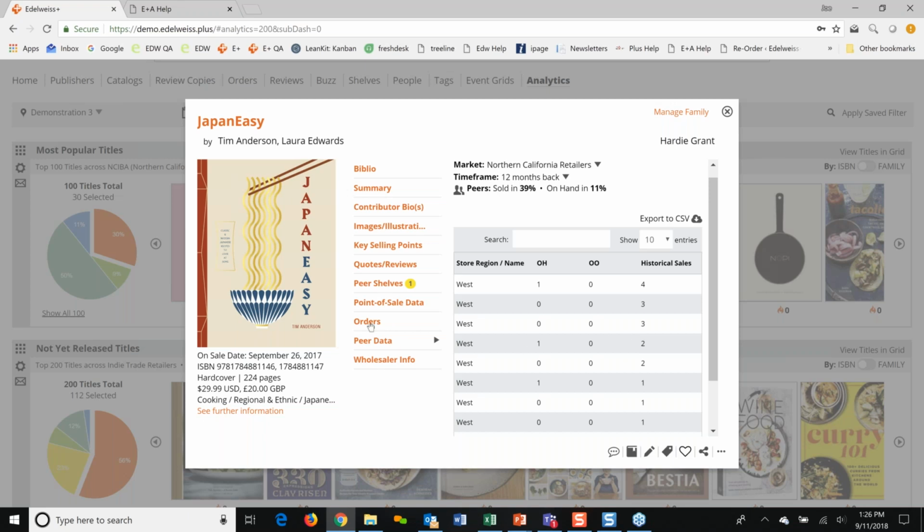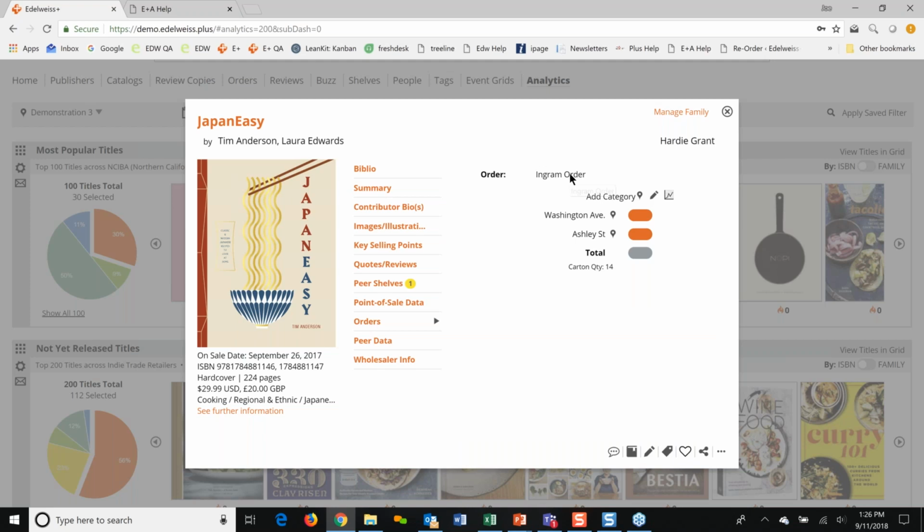If you want to place this on an order, just click in orders and you can select an order here that you want to add it to, and then you just, just like you're used to. Probably don't want that many, but and then you can add a category here and all that kind of stuff. So you can place an order on the fly like so,